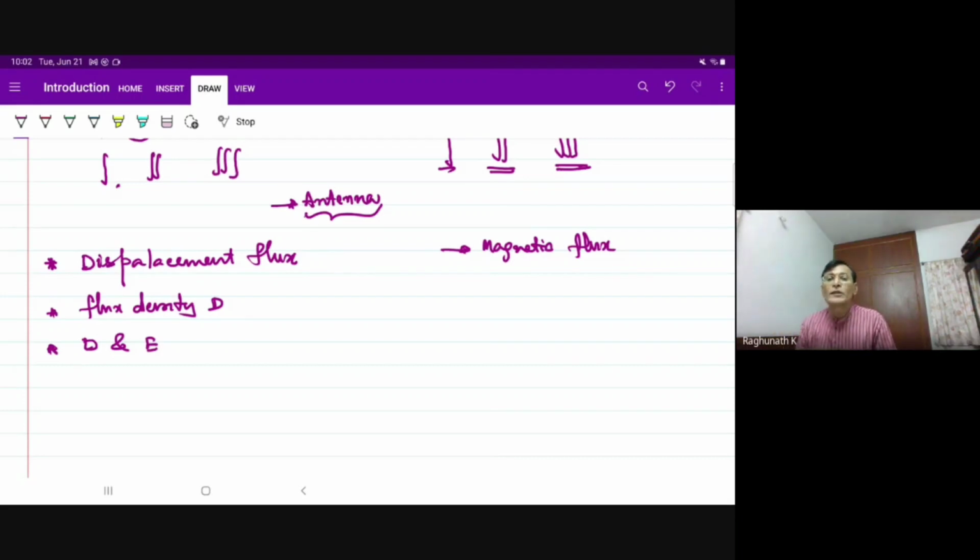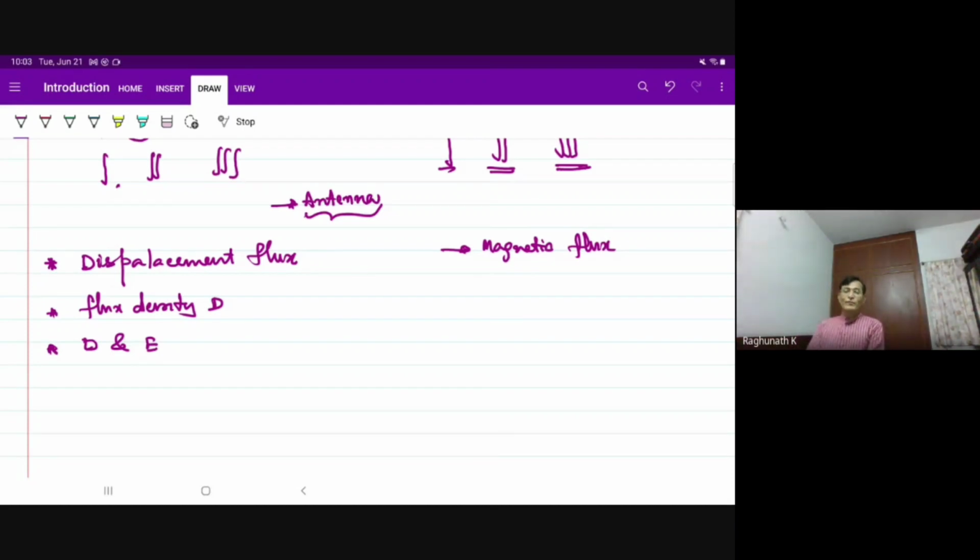Using that particular procedure, we will determine the field quantities of some sources. Those sources, basically the volume sources and all, are such that it's impossible, even if you are an expert in mathematics, to determine the field quantity using integration. In such cases, we use the concept of displacement flux to determine the electric field intensity and then measure it and say it is correct also. At a higher level, this is proved.